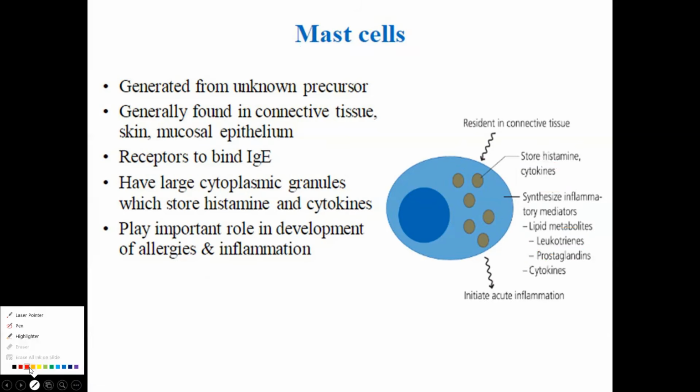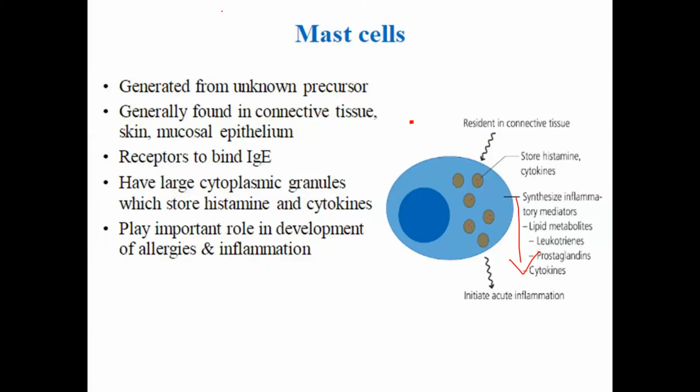See friends, listen everyone. This is the granule. Inside the granule, all chemicals are present: leukotrienes, prostaglandins, histamines. Now my point is, I want to break this granule. How can I break it? Whenever the antigen comes and activates the mast cell, all the granules will break and all the chemicals will release. But the question is very clear: how is this antigen associated with the mast cell? Every student remember, on the surface of the mast cell,